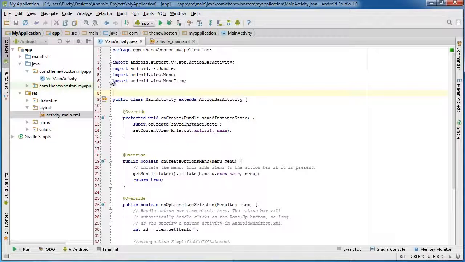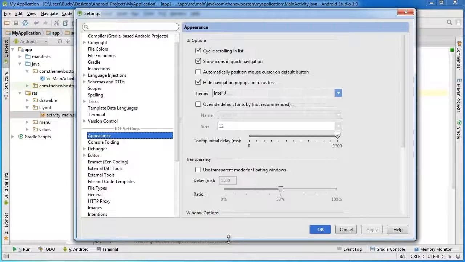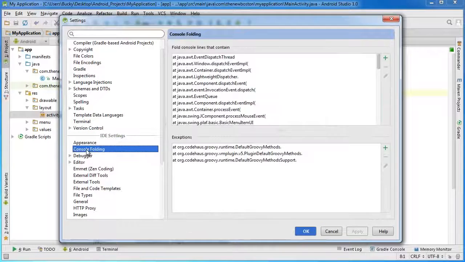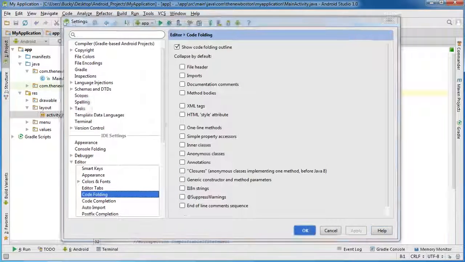So if you want to get rid of all of the code folding, as it's called, go to File and Settings. Let me minimize this, make sure you guys see everything. Go to Editor under the IDE settings and code folding, and right here this first checkbox is just to show the code folding outline, and that's that little arrow you can click to either bunch it up or expand it. But what I want to do is I want to uncheck all of these, so none of my code is going to be folded. Again, once I apply this,